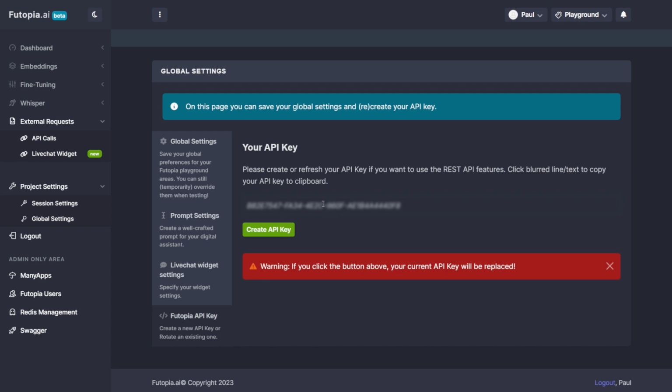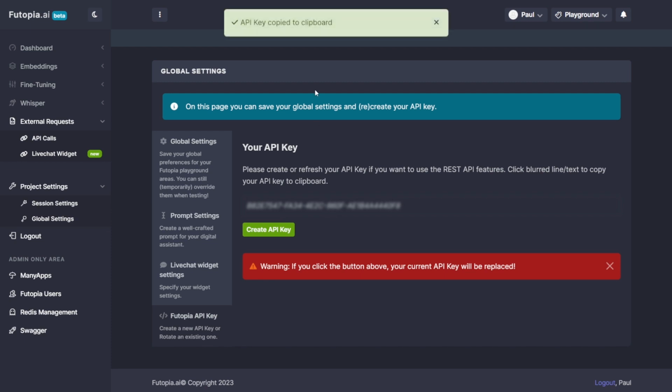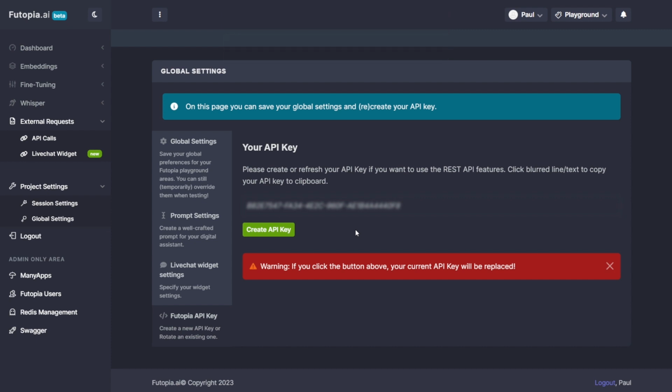You can just click here, and as you can see, the API key will be copied to your clipboard, and you can enter it either in the external requests if you use it, or in one of our apps, for example, the ManyChat app. That about sums it up for the